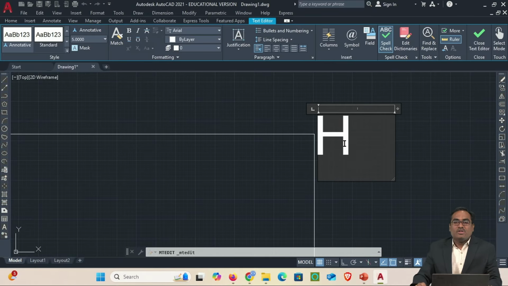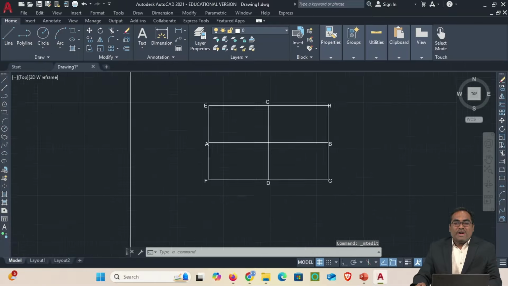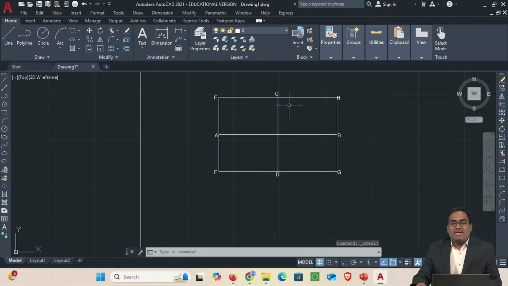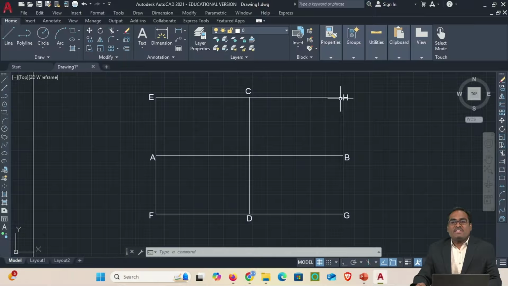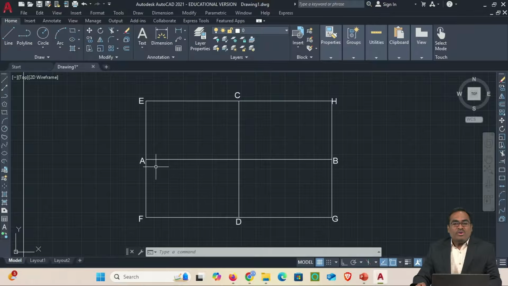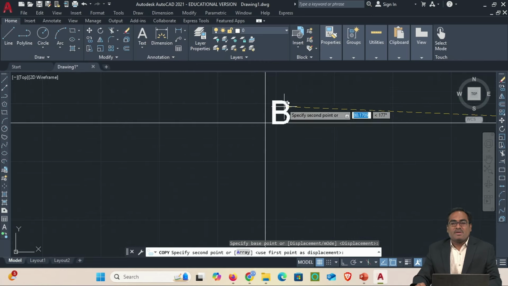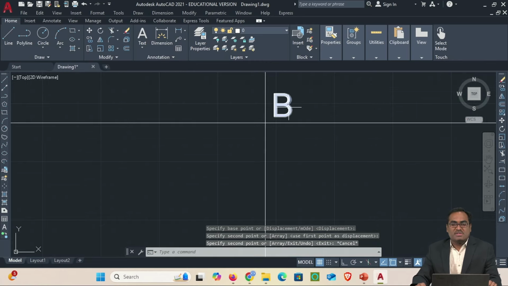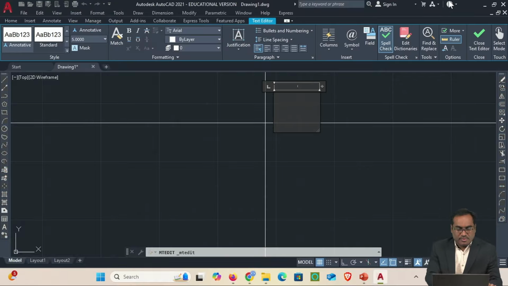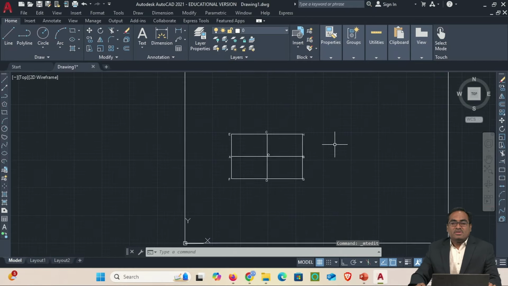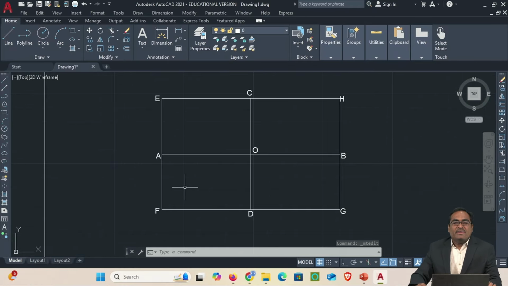This is H, right? So this is how I have done the notation: major axis AB, minor axis CD, and rectangle EFGH. Right. Next, the procedure: you can keep the center as O also. So the procedure is, I have to divide AO, the semi-major axis, into some number of